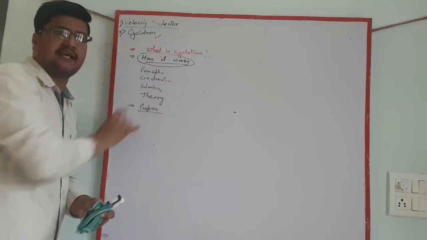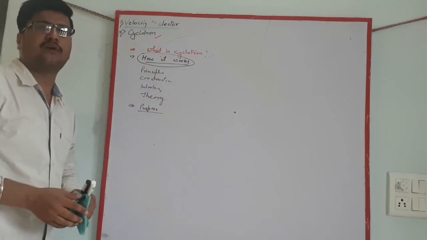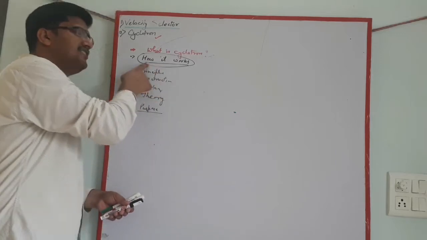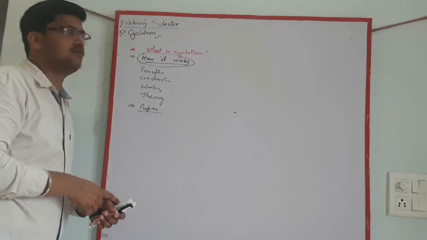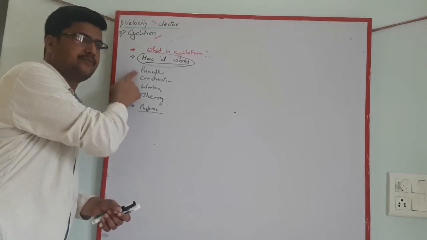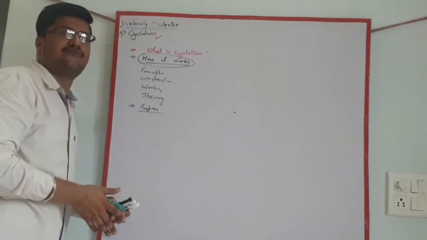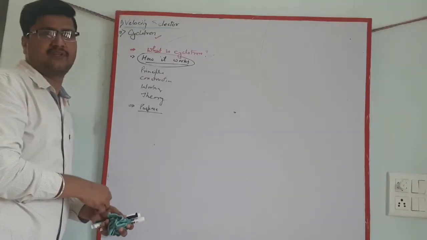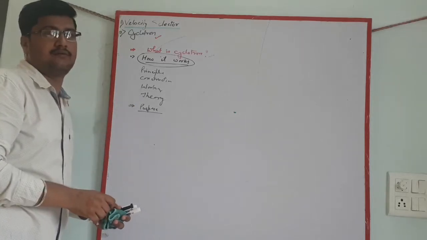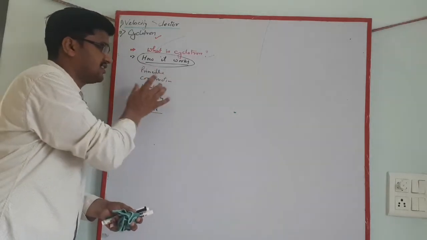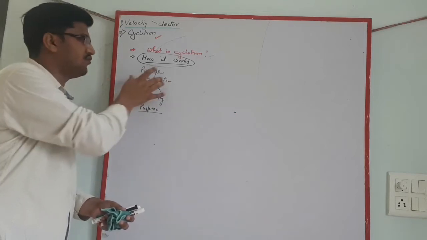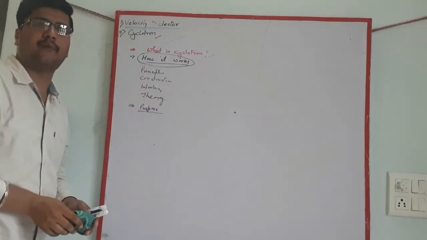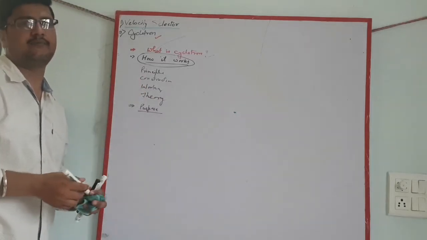The systematic steps. First one is principle. What is the principle of cyclotron? Before discussing the principle, the sequence we should start from the principle. When we start writing the examination, we will first write the principle, then construction, then working, then theory. But to understand it, let's first see construction and working. Once we understood construction and working, the principle will be clear in our mind and we can understand that properly.